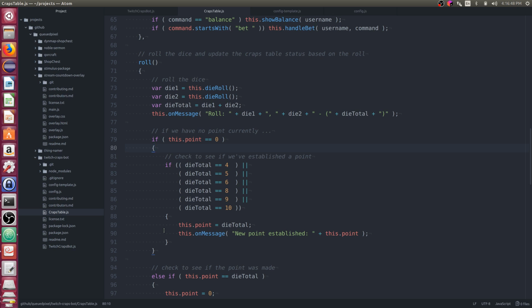Actually, there's a little more to think about right now. Well, let's deal with this part first. What I'm thinking of is we have some balance issues to deal with, where if a player gets their balance and they have a bet on the table, if you're familiar with a physical craps table, you have your chips right in front of you that are in the tray in front of you. And then you have the chips that are actually on the table.